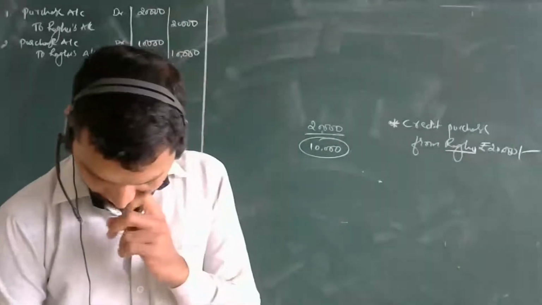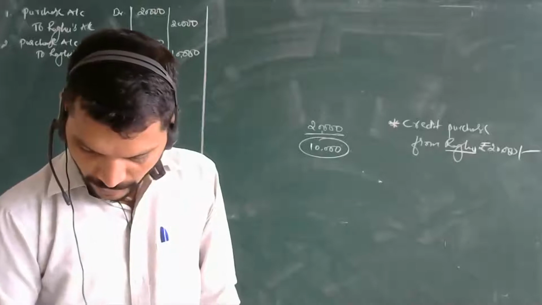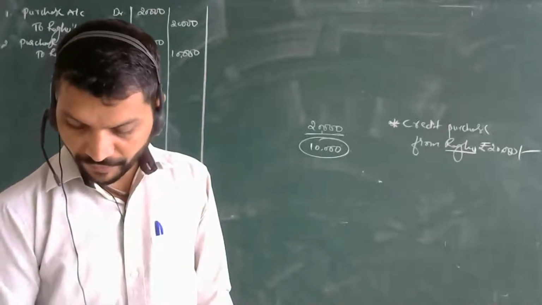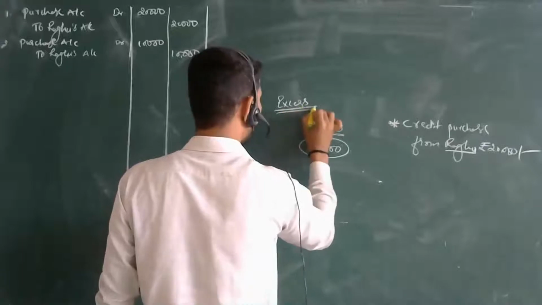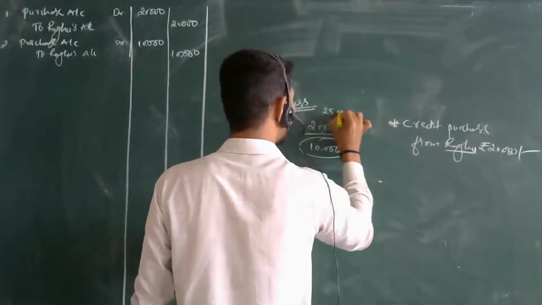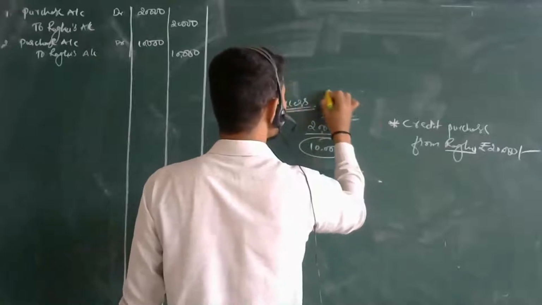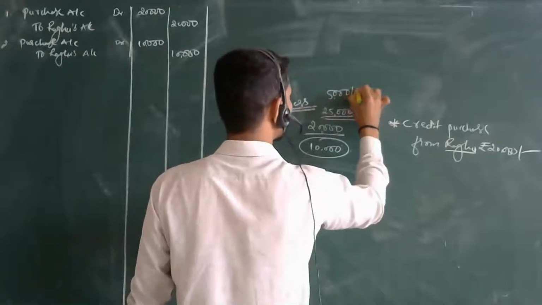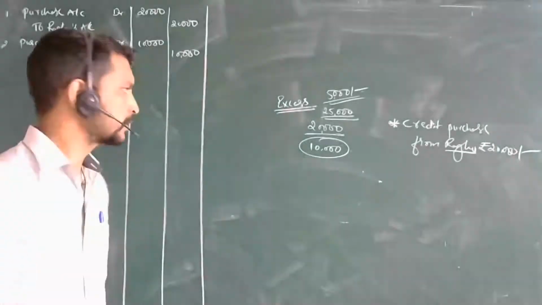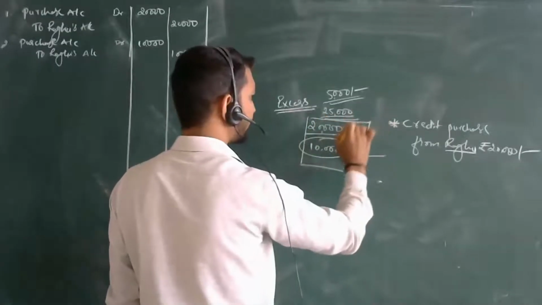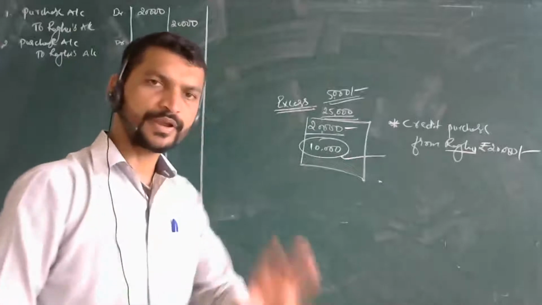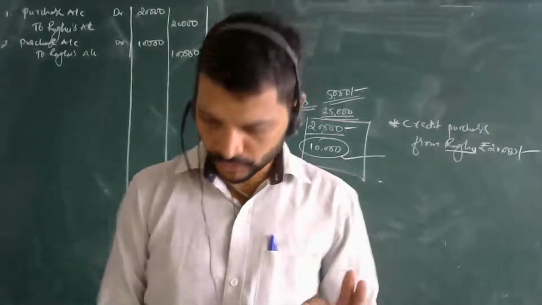The next entry is told: recorded as 25,000. Now the exact amount is 20,000. Here it is excess. Recording is excess by 5,000. An excess amount of rupees 5,000 has been recorded. Now actually it should be 20,000. An excess amount of 5,000 rupees has been paid. Got it? So here, what entry?